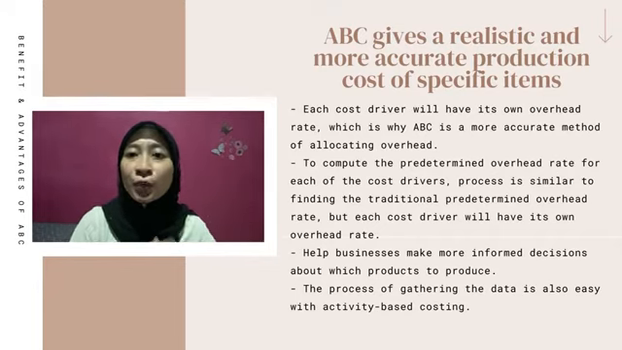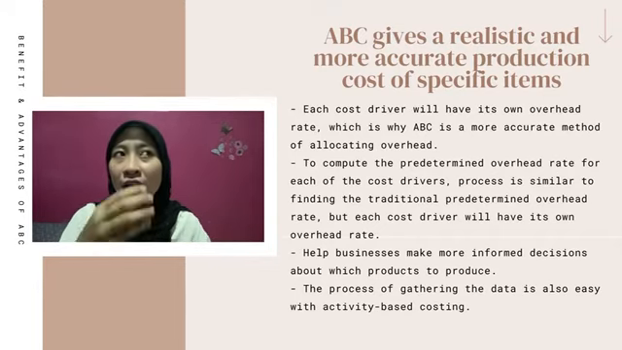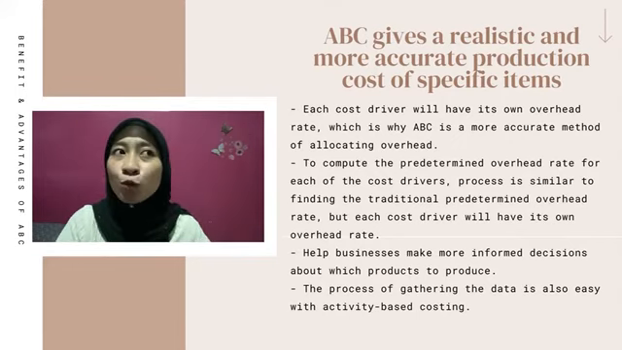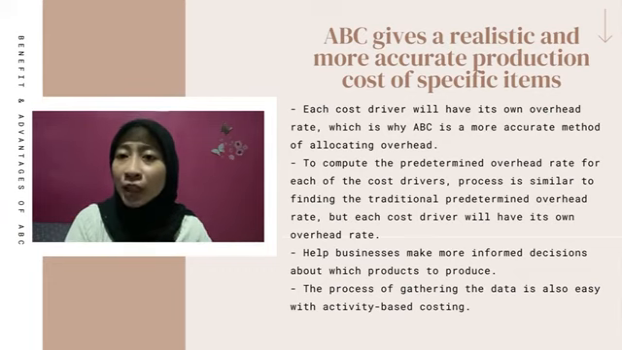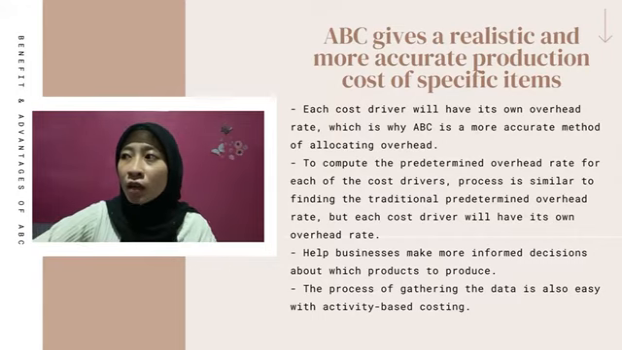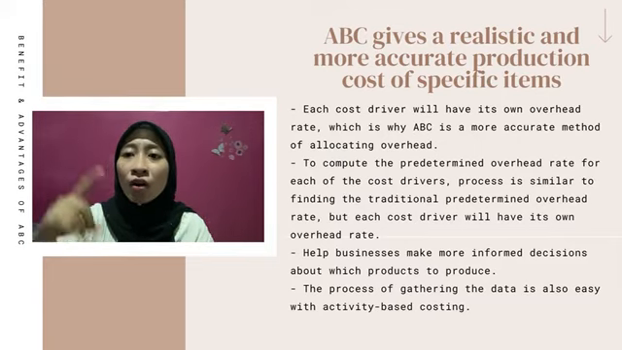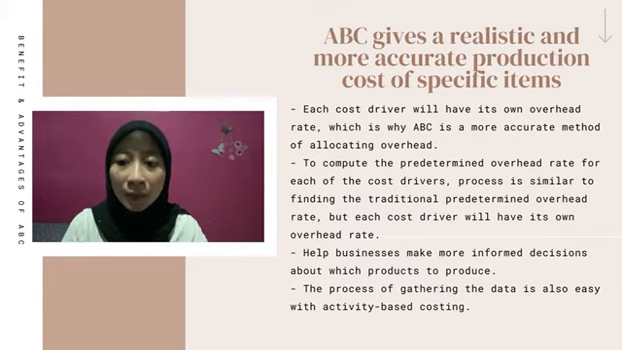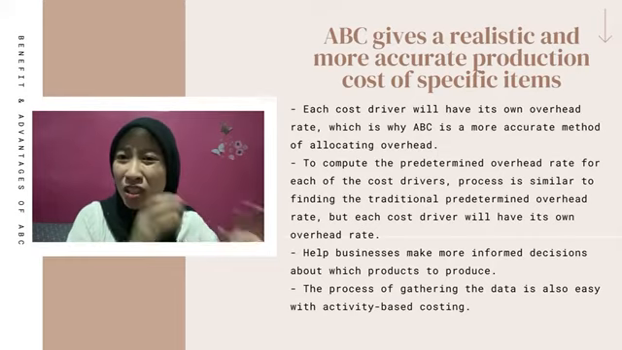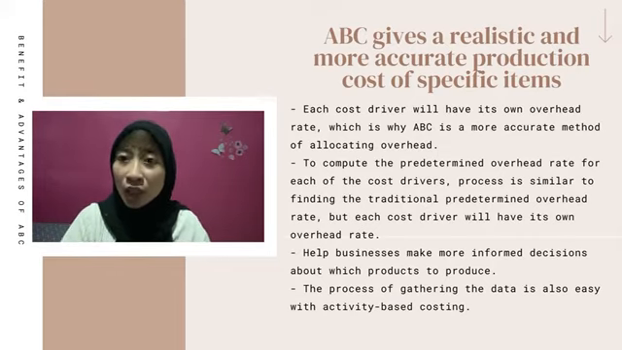To compute the predetermined overhead rate for each cost driver, the process is similar to finding the traditional predetermined overhead rate, where the overhead cost is divided by the cost basis like machine hour, direct labor hour, or direct labor cost. But each cost driver will have its own overhead rate, which is why activity-based costing is a more accurate method of allocating